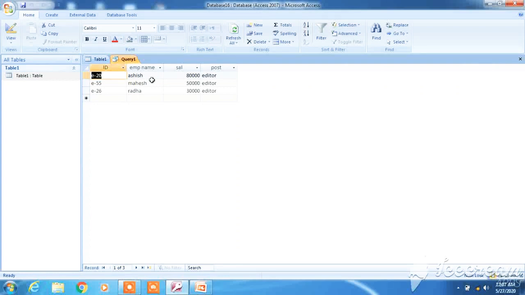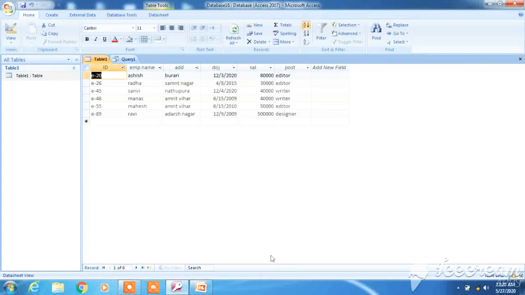I will repeat this. One more thing that I need to discuss: how to search a particular record in a table. Go to search. See, at the bottom the search option is there. It's very simple. You want to search something, like I want to search Ravi. So the text will get highlighted. Anything you want to search. Like it's a small data, it's fine. But for large data, you can go here and search the particular information you want. It will get highlighted. I hope things are clear to you, right?